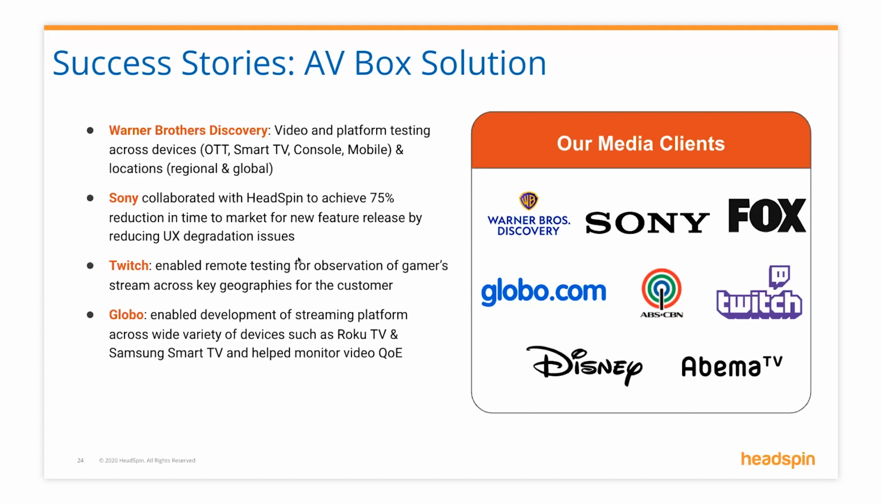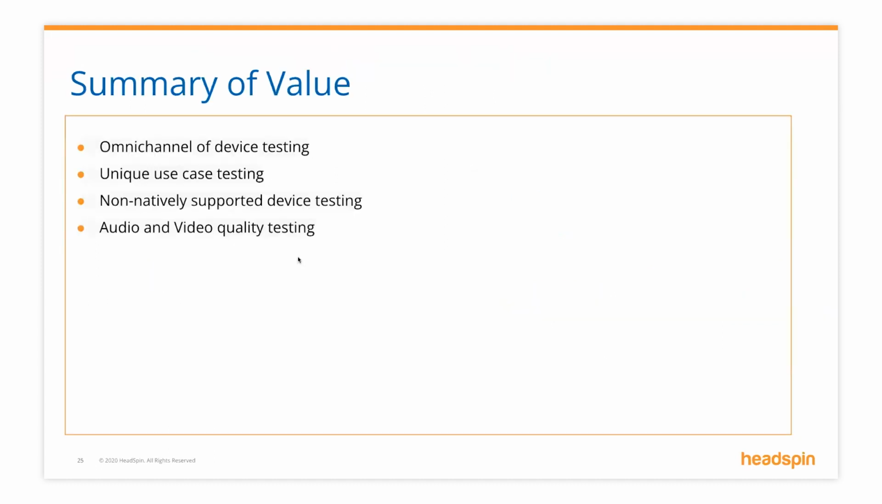And the last thing I want to do is reemphasize the summary of value of what this AV Box solution can give you. As we mentioned, there's a bunch of different types of devices that we can now test in this AV Box scenario, from smart speakers to TVs themselves. So you can look at HeadSpin with the addition of the AV Box as sort of an omni-channel of device